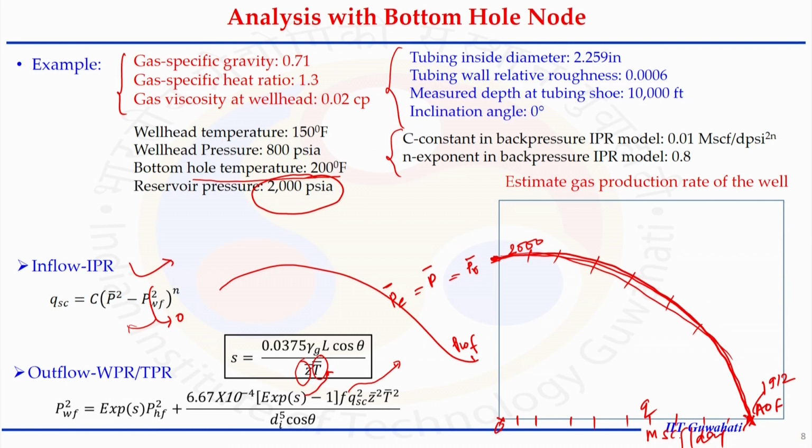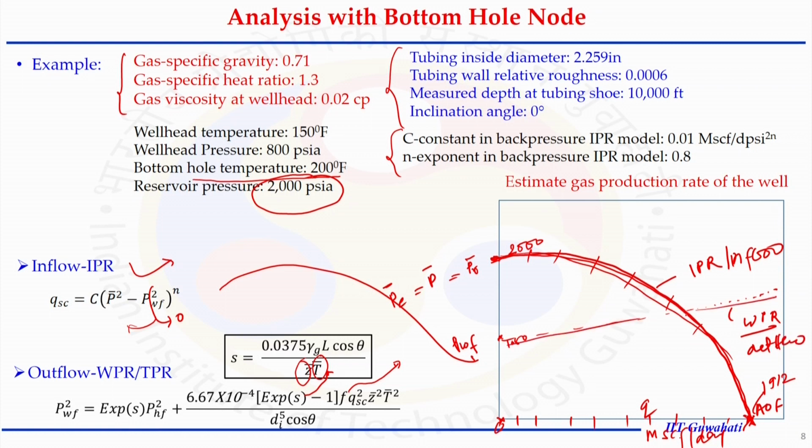So, it comes out that when there is no flow happening, your pressure is somewhere here, and the value that is coming out at this condition is around 1050 or something. But as we are increasing the flow rate, the pressure PWF is increasing slightly. So, this is our IPR or inflow curve at that particular node, and this is WPR, or the outflow, we also call it the outflow curve.